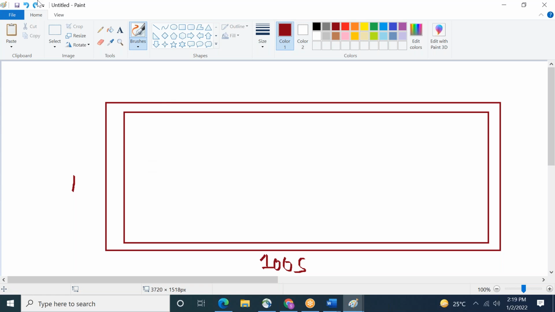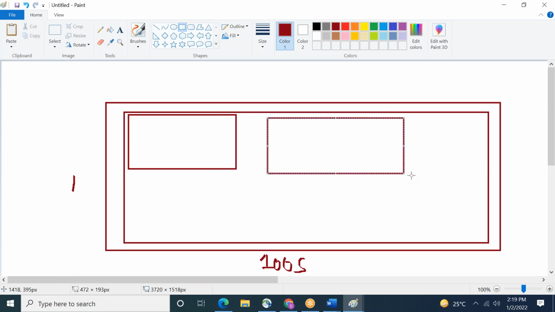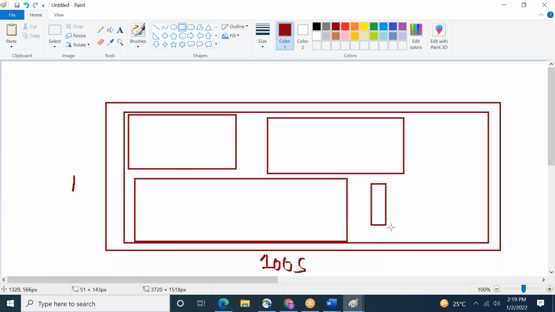To make the house, you have to hire an architect. What plan will he give? He will make it like this: the entry room, this is a master bedroom, this is the balcony, and this is a TV set or some study room.